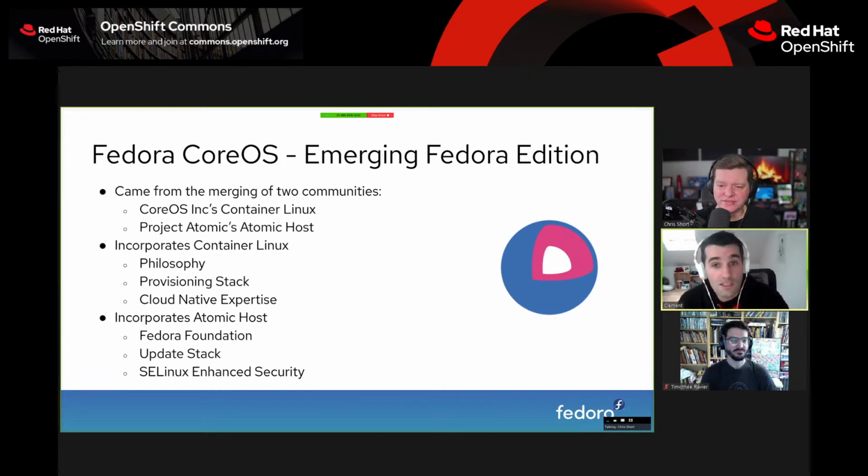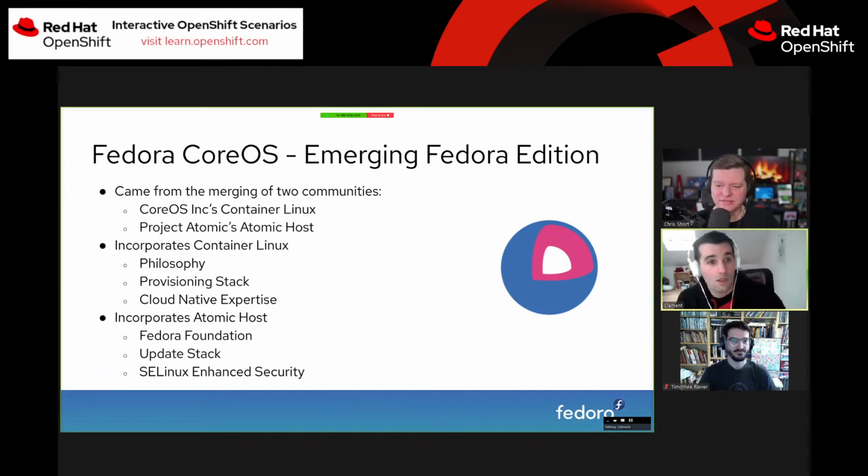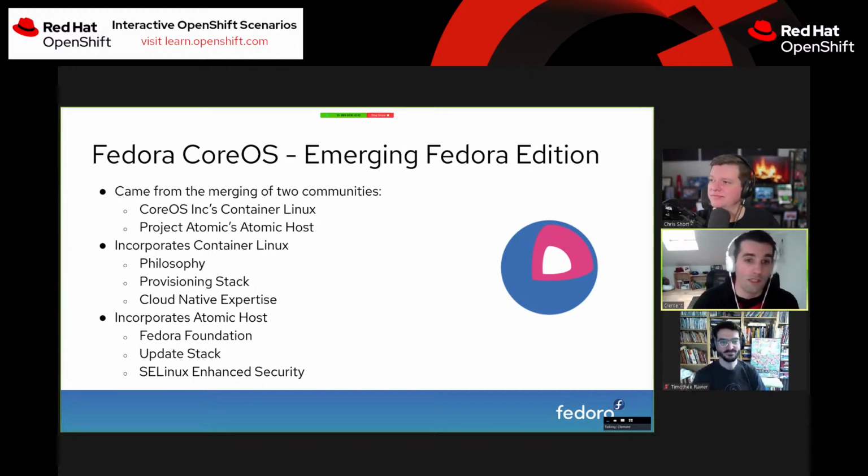So Fedora CoreOS is currently an emerging Fedora edition. We're trying to become a fully fledged Fedora edition, but currently it's with the emerging status. So it came from the merging of CoreOS, the company, with Container Linux, and a project that was in Fedora, Project Atomic. Pretty much it's trying to look at what would be a specialized operating system